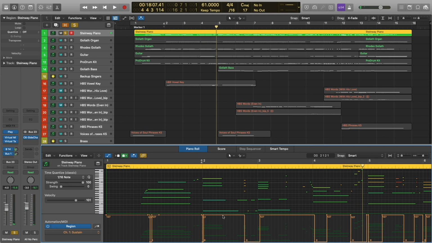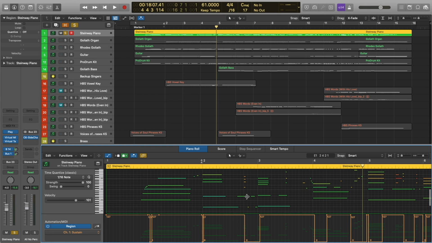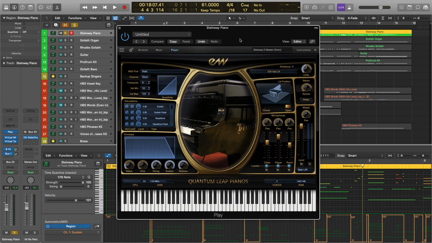There's not really going to be much to talk about in terms of MIDI programming with the piano because this is just how she played it in. And you can see all the sustain pedal information here, but other than that, there's really not much more to say. Now, I do want to show you the mic positions I'm using because I don't think they're the default mic positions out of the box, but you can see all my settings right there.